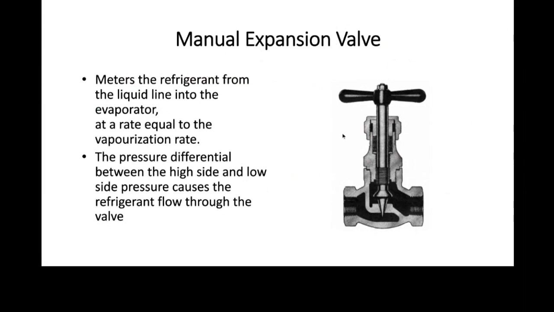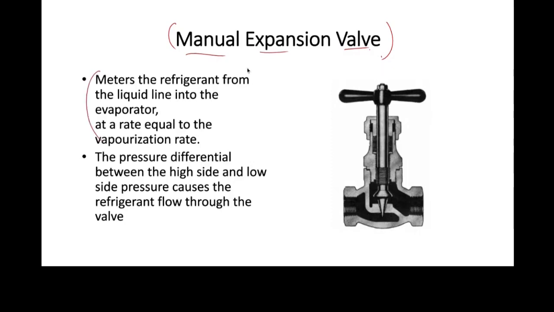Now, the other thing that's mentioned in your Pan Global in this particular chapter is the manual expansion valve. And a lot of times people think, we don't see those anymore. It's all electronic. It's all automatic. It's thermostatic. It's this, it's that. Where would you see a manual one? Well,